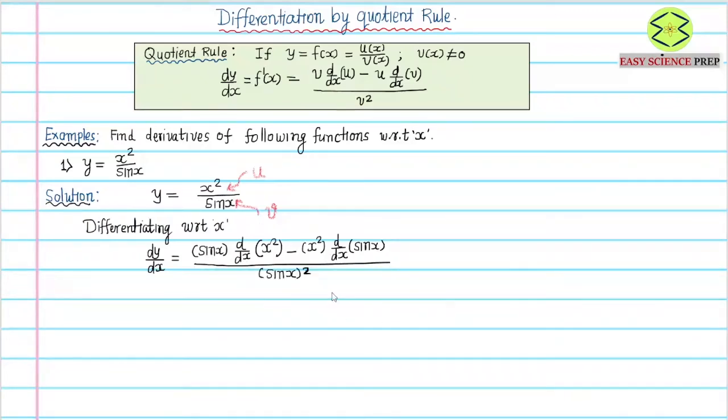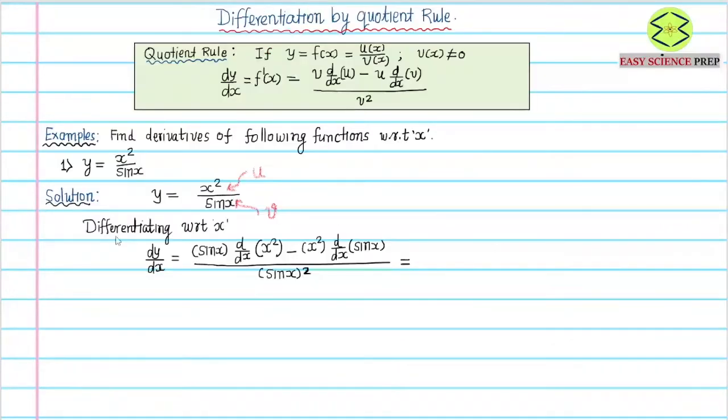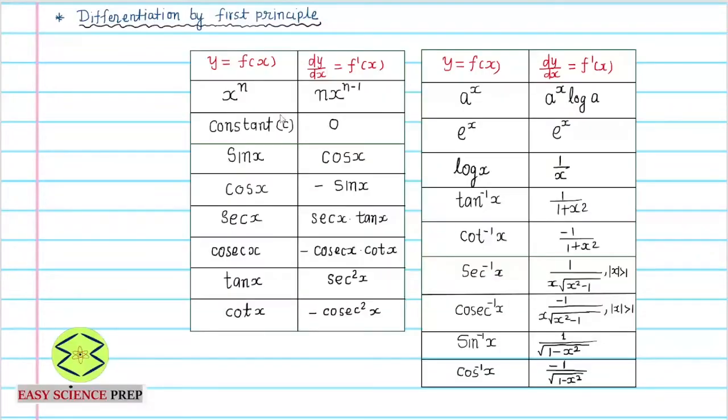So we can continue similarly. By this time you might have got the idea of various results of differentiation. You must have gone through this table, so kindly remember, you have to memorize this table. Let me tell you how to find the derivative of x square. I am going to use the result for x raised to n. The derivative of x raised to n, as you can see in the table, is n x raised to n minus 1.